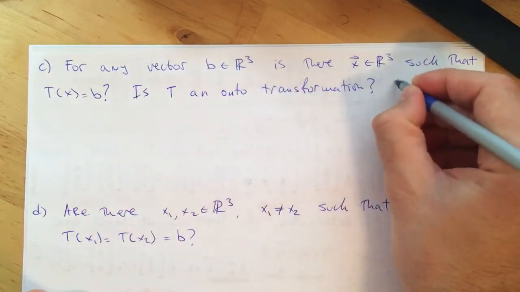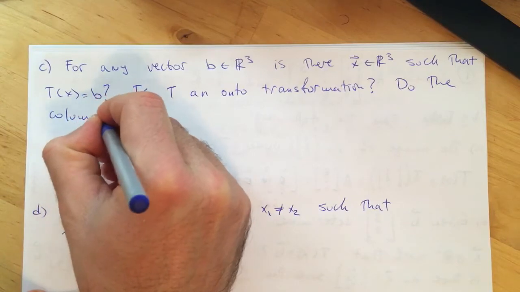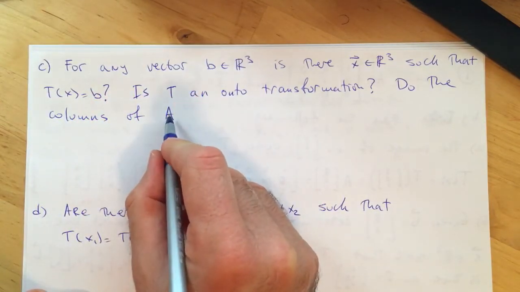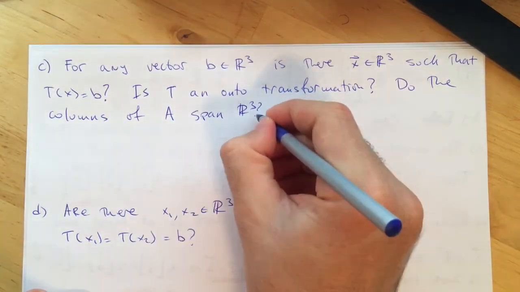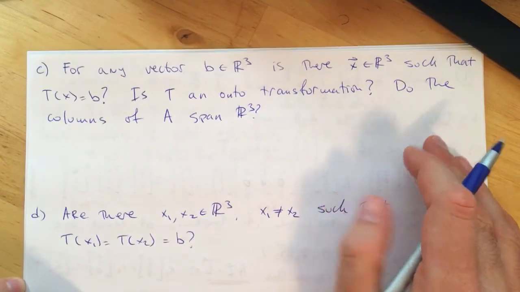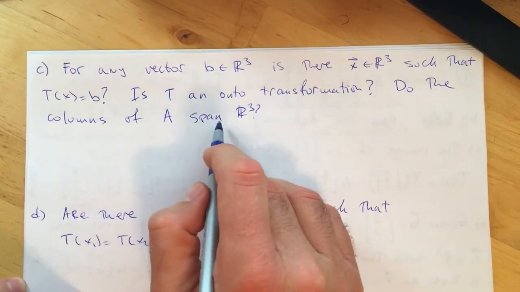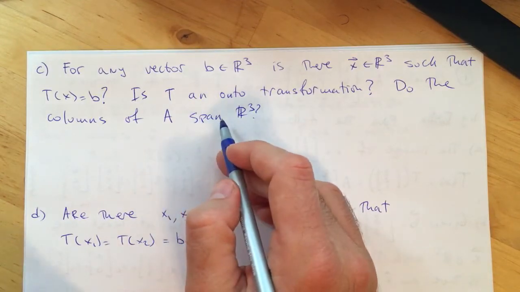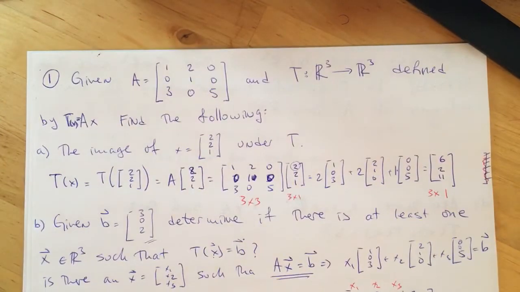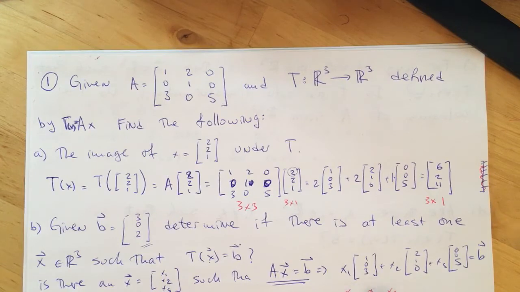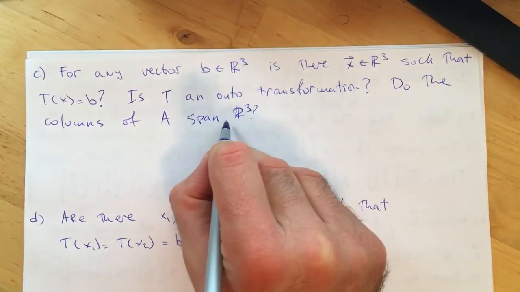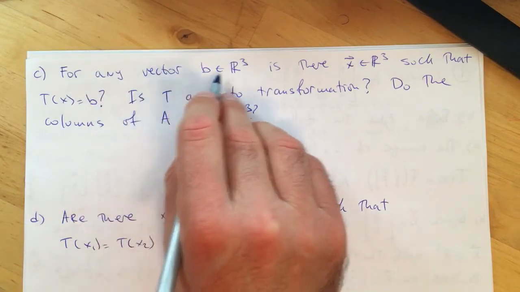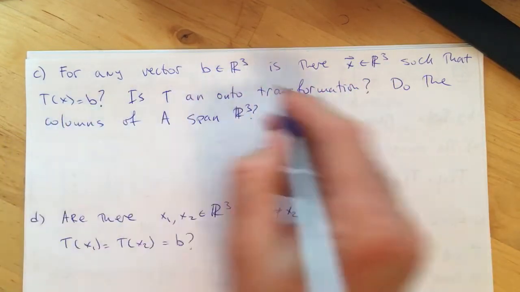So the question here is, do the columns of the standard matrix of the transformation T, which is called A, span R3? And by that famous Theorem 4, as it's called in this class, the columns of A span R3 as long as every row is a pivot row. And as we can see here, if you look at the reduced form or the echelon form of the matrix A, each row has a pivot. So yes, the columns of A span R3, which means T is an onto transformation. That means for each b in R3, there is an x in R3 such that T of x is equal to b. So the answer is yes,